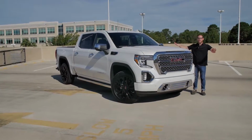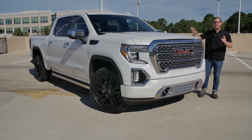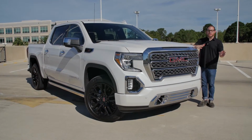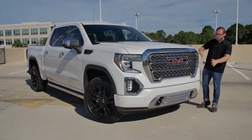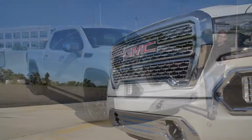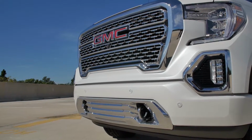All right, so let's start off with the exterior of the Sierra, where this is what I really love about the GMC trucks. GMC stuck with their outgoing design from the last generation, whereas Silverado, oh my God, they went with that crazy ugly face. I think this is just a way more attractive truck, especially in the high trim Denali. You get this big chrome grille. Now, I'm usually not a fan of chrome, but for whatever reason, I think GMC just does it so well